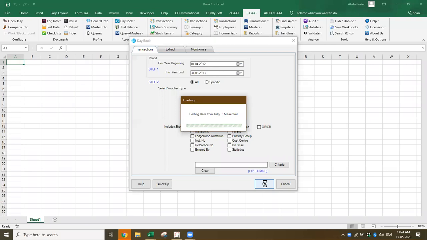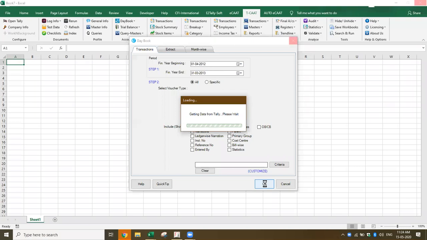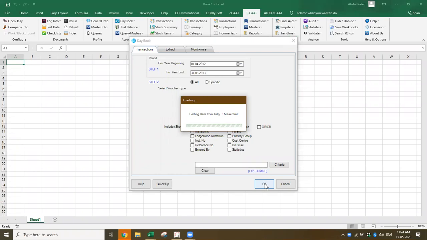This is all the transactions. Next, I'll also show you how you can extract specific transactions. I think in this meeting we'll be able to cover only a few functions. Once we finish this, maybe another 10 minutes, I think we can schedule another meeting. And I request all of you to join at a specific time so then it becomes easier for us to finish. Now I find even now people are joining in.